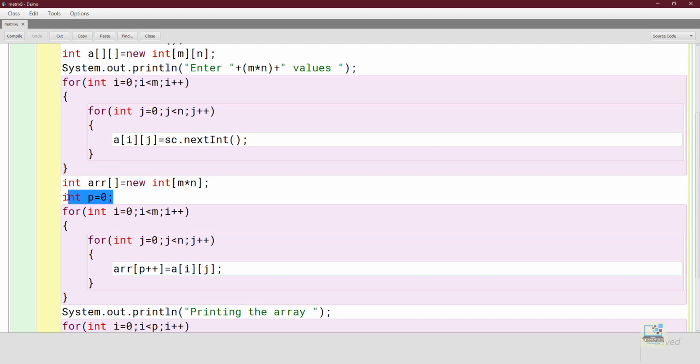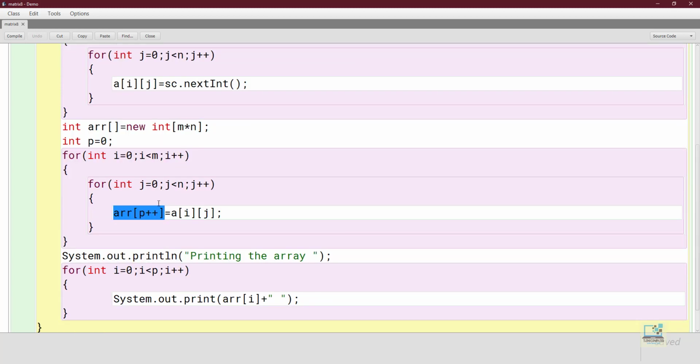I have taken a variable p that works like an index variable, so it will control the index of the 1D array. Every time I access any element of the 2D array, that element is transferred to arr of p++. So p is first 0, the first value goes to arr of 0, meaning the first box of the 1D array, then arr of 1, then arr of 2, like that.